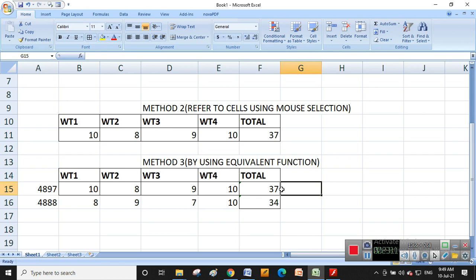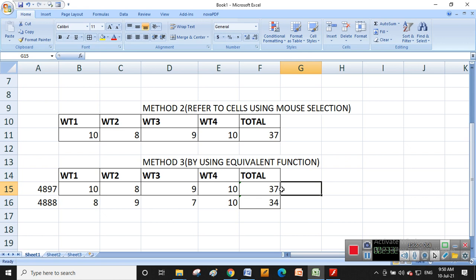And based on this I'll give one assignment in the Google Classroom. You do for today's class, that is basic formula. Methods of entering the formula also you have seen. What is meant by formula? Okay, what is meant by the simple basic formula, and what are the methods of entering the formula? So this is all today's class.